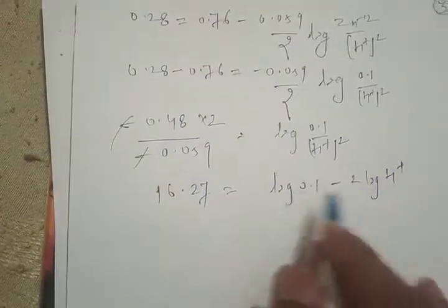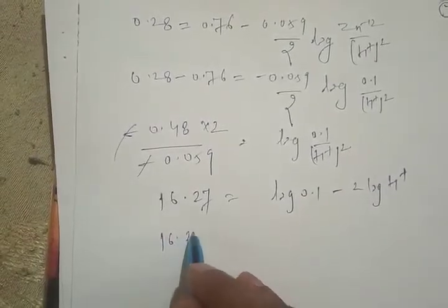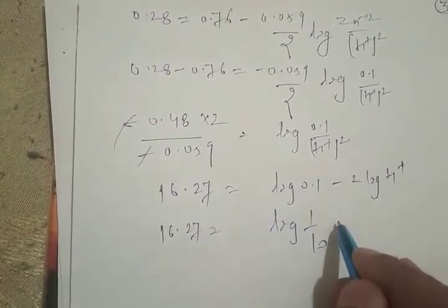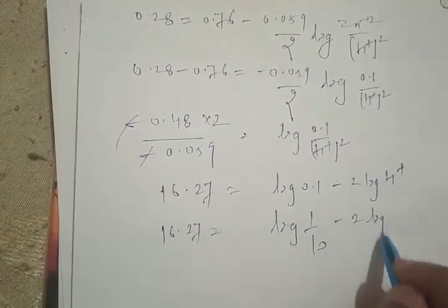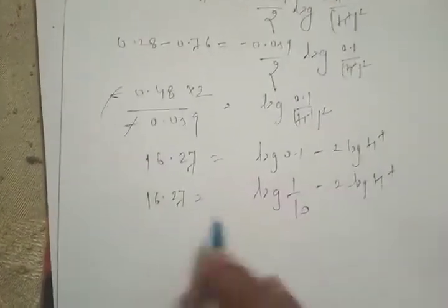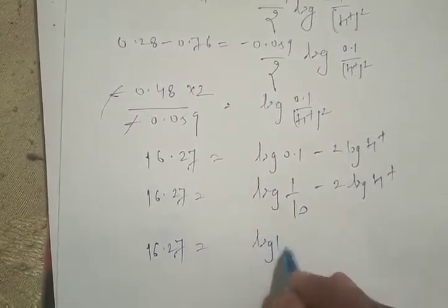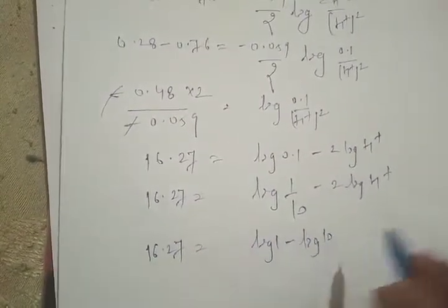Okay, this you can change. 16.27, this is log 1 upon 10 minus 2 log H plus. 16.27 log 1 minus log 10